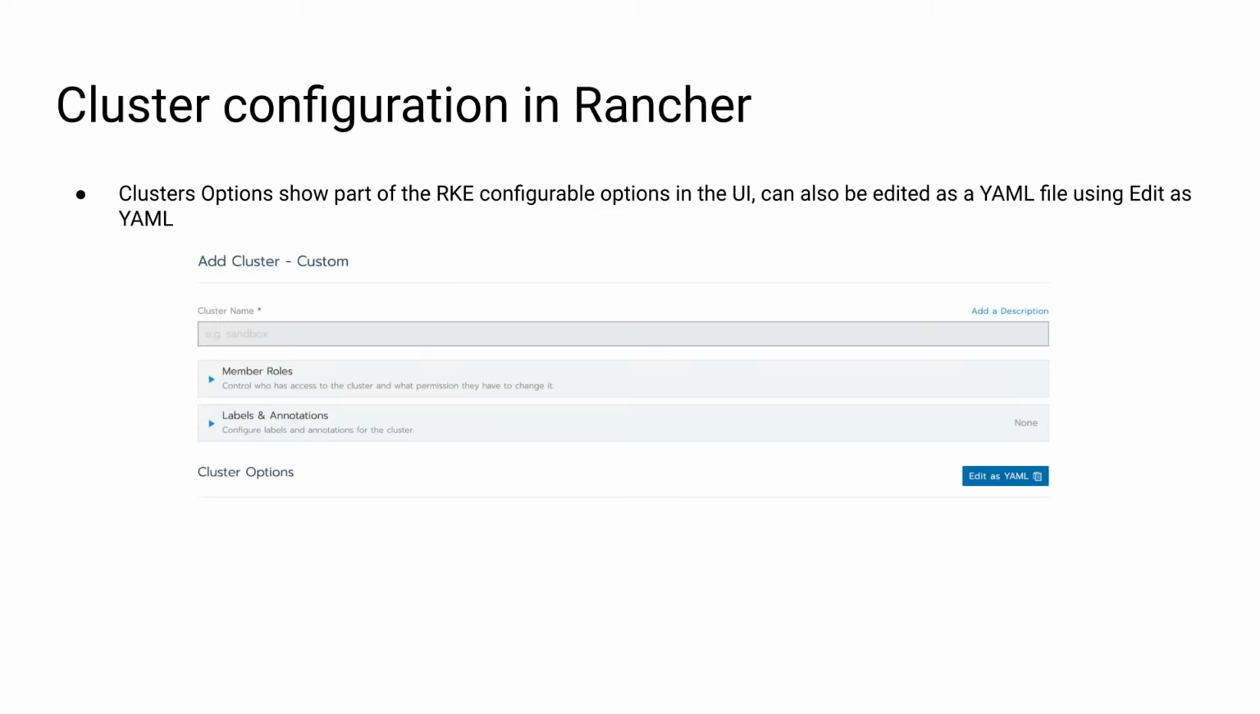All right, so the cluster options. What I said before is the cluster options in Rancher are a part of adding a cluster. So if I go to the add cluster screen that you see in the screenshot below, we add a custom cluster. You can give it a name, and then you have an option here, cluster options, where in the UI all the options, both Rancher and RKE options, are provided. And we also have an edit as YAML option where you can basically use a YAML file